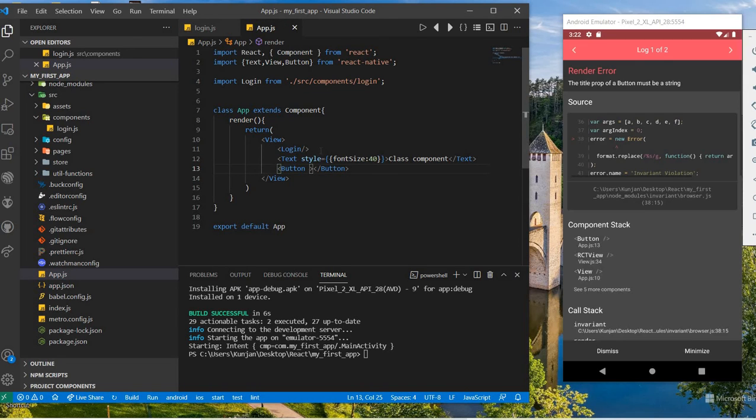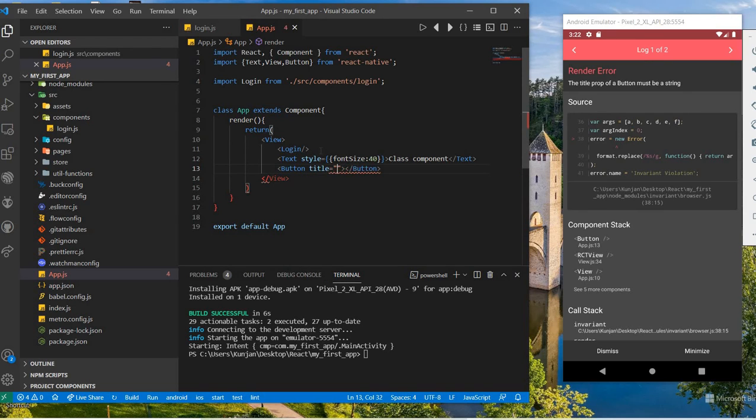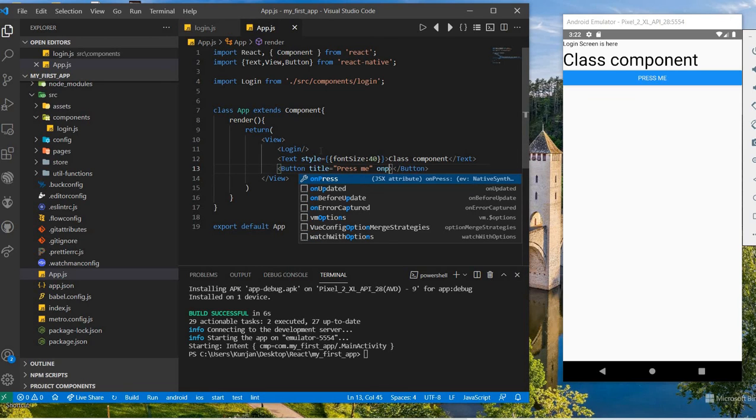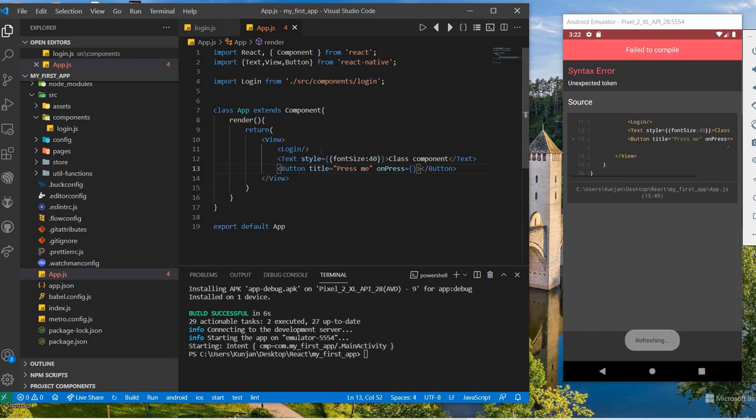In the button there are two properties: one is the title, title is press me, and another is the onPress event. In onPress we will use an arrow function like this, equal to an alert.